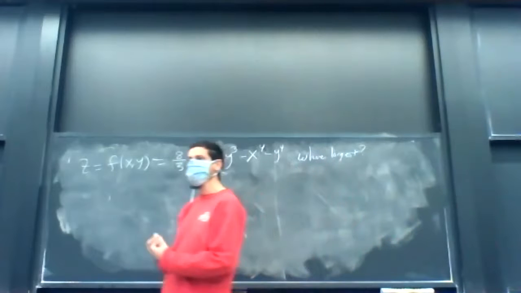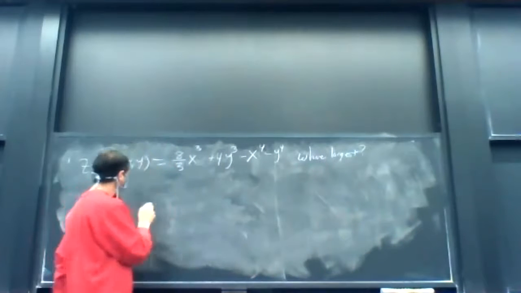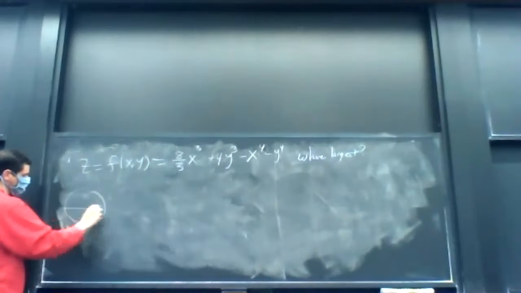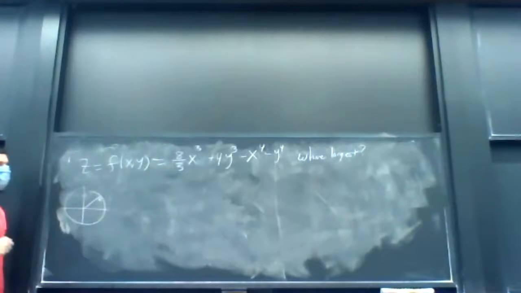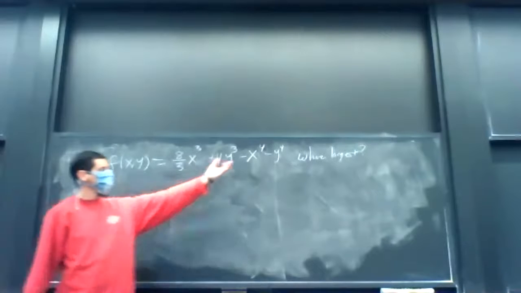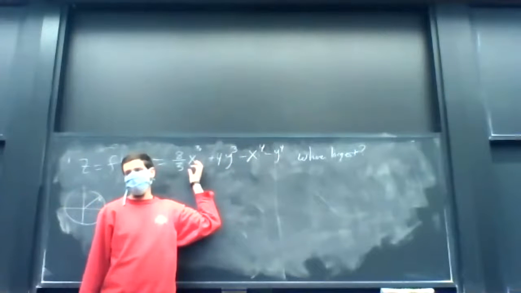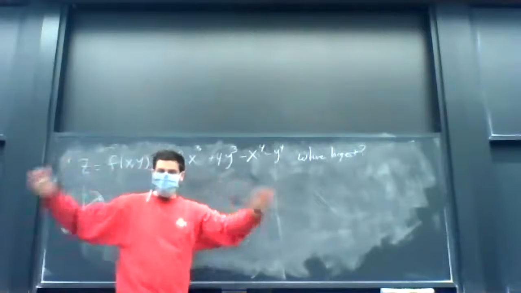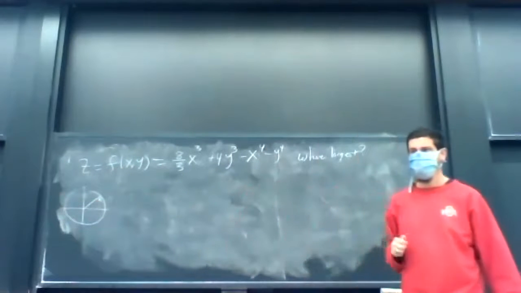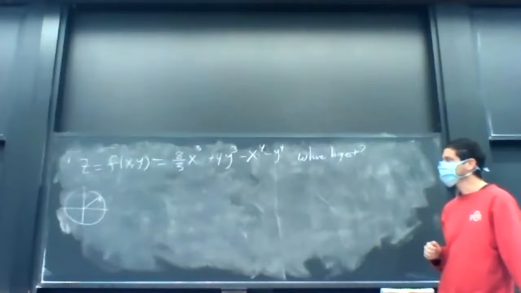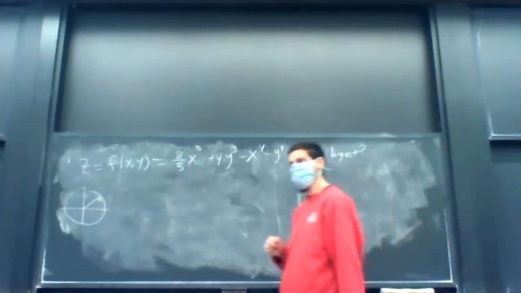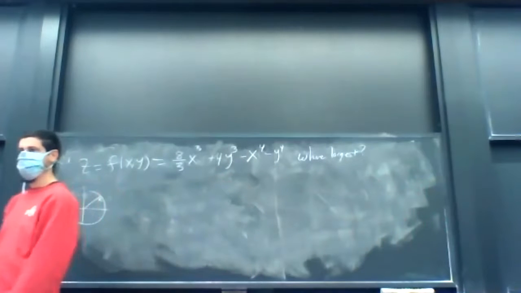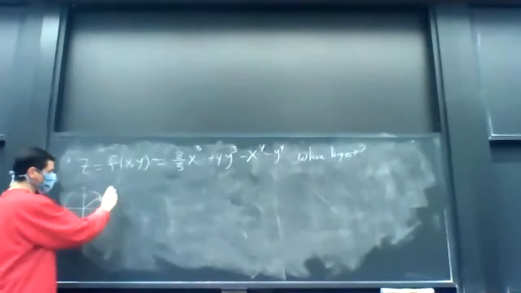And so with a little bit of thought, you can show that if I choose some circle with a very large radius, if I go out far enough, this term is going to destroy the other terms. And the function is going to become negative if I go sufficiently far out. And so I do expect it to have a maximum. So how would I try to find where it's maximum? What would I calculate? Calculate the gradient of f,